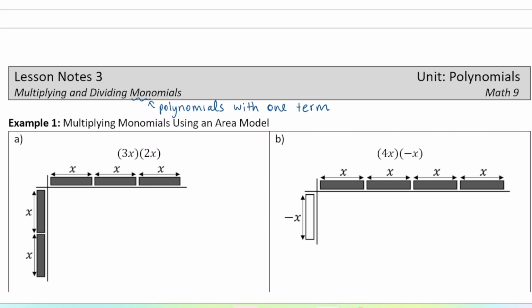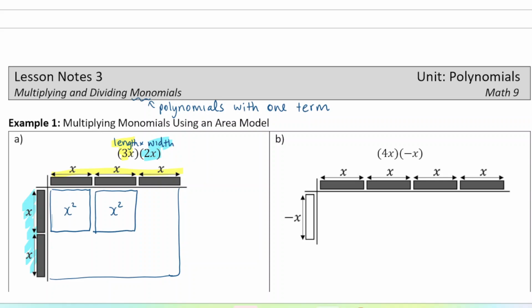Okay. So when we represent multiplication visually, sometimes we like to think of it like a rectangle, because the area of a rectangle is length times width. So if we set these two numbers up as our length and our width, then we can see what the area would be, or what rectangle would be created, and that's what the result is. So if we set these up, we can see that the rectangle is this large, and it would be represented by squares of length x by x. So that would be x squared,